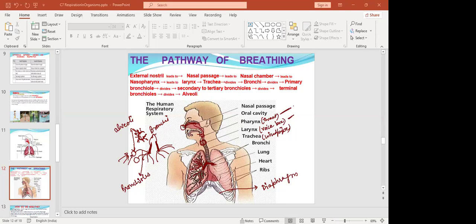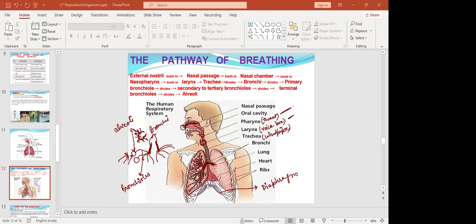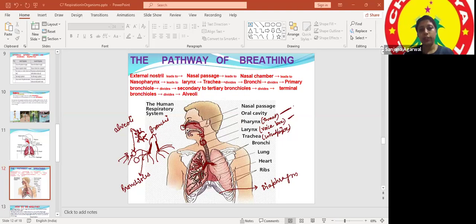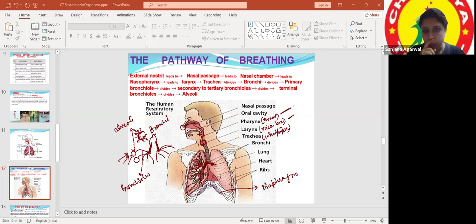Ma'am, exactly at which part does the exchange of gases happen? Alveoli, which is the last part in the lungs. Okay. Don't worry, children. I like that you are curious to know how it all takes place. In the next class, we'll definitely watch a video and you'll understand it better. We are on bronchi and bronchioles. I hope all have written this. At least we need to complete the roles of all these parts. Yes, ma'am. After bronchi and bronchioles, we have alveoli only.